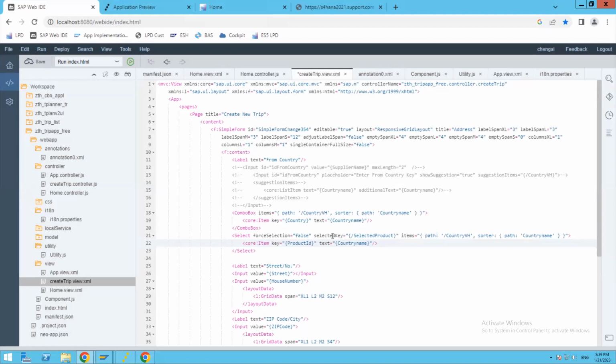And the selected key is the local path, I'll tell you that, but item key is going to be the key from country, whatever the user has chosen. That's it. So we have the two country as well now,